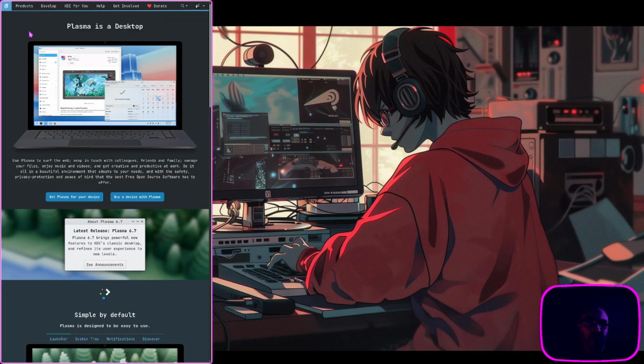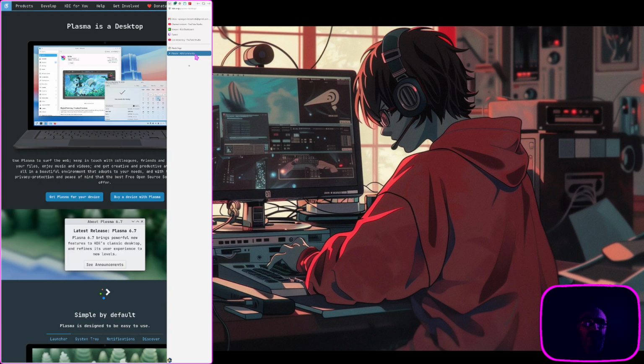Plasma is a desktop. Use Plasma to surf the web, keep in touch with colleagues, friends and family, manage your files, enjoy music and videos, and get creative and productive at work. Do it all in a beautiful environment that adapts to your needs and with the safety, privacy protection and peace of mind that the best free open source software has to offer. So with these things out of the way,